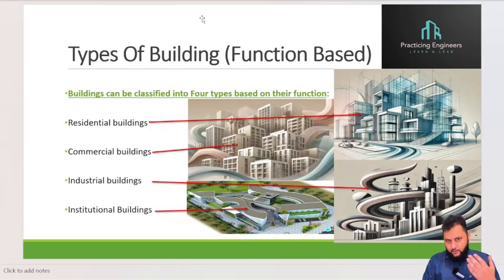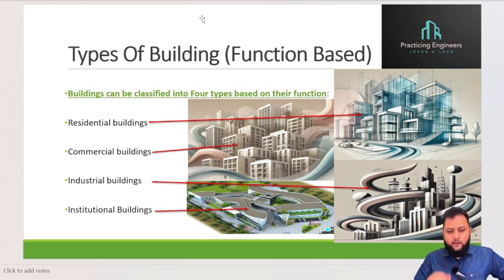As I discussed in a bit of detail, there are four major types. Many other types are there, but four major types of building: residential building, commercial building, industrial buildings, and institutional building. What is a residential building? All buildings for living: apartments, villas, or townhouses. Simply, I will explain in simple words at the start because you are beginners here. So I will start from zero and explain in a simple way. Later we will get into complex things, in order not to confuse you.